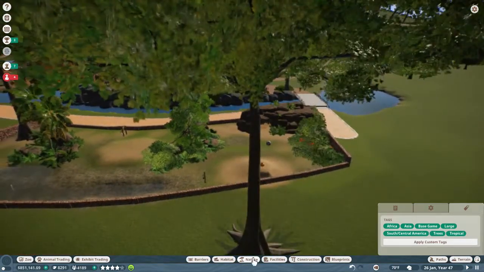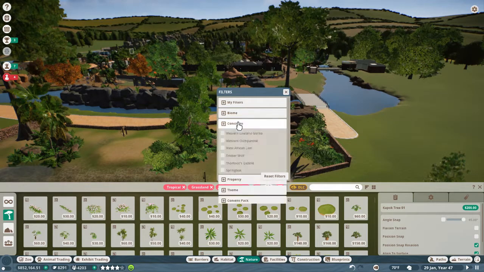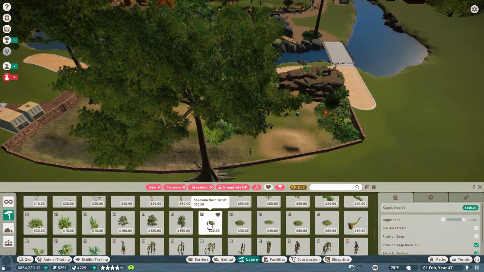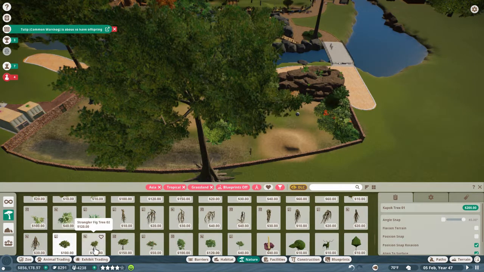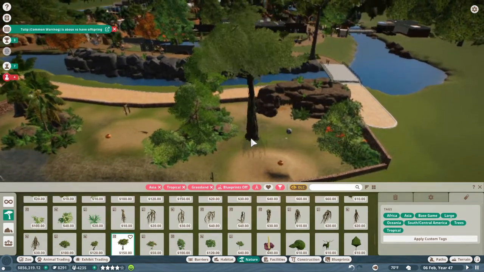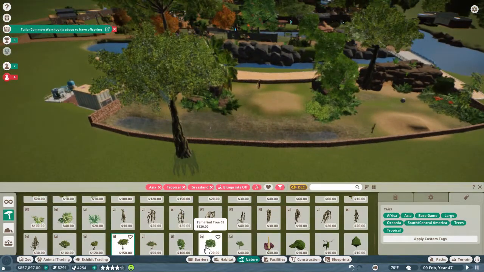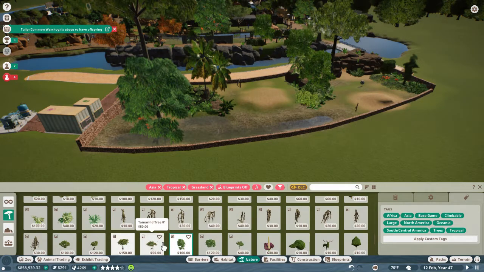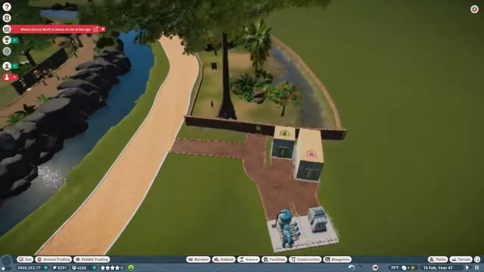I love me some kapok trees because they are huge and they do not ever block the view. They also work for both Asia and Africa. You can't go wrong with a tamarind tree. Okay, I'm going to put this one down, and we're going to put another one over here. And then after that, one of my wolves is about to die. That's sad. Okay,